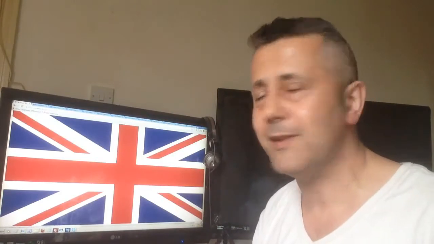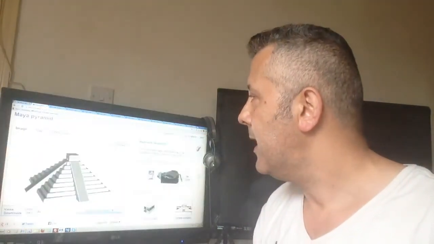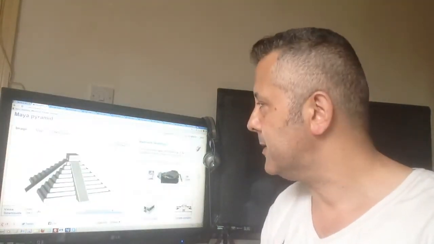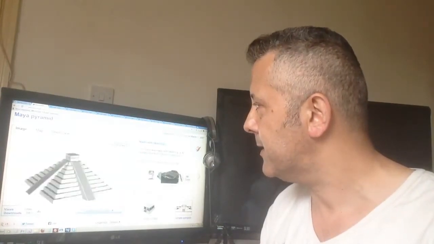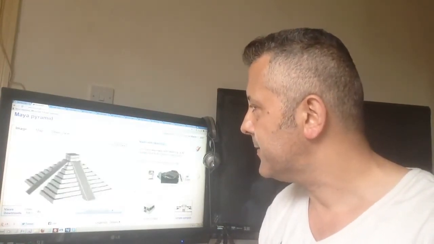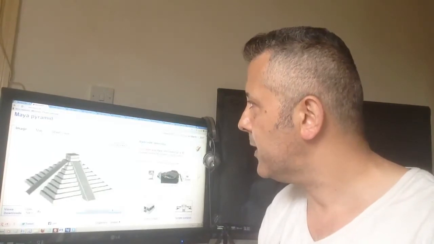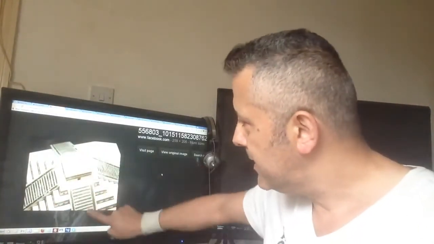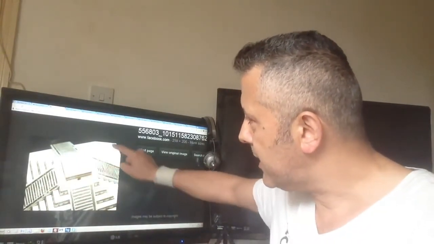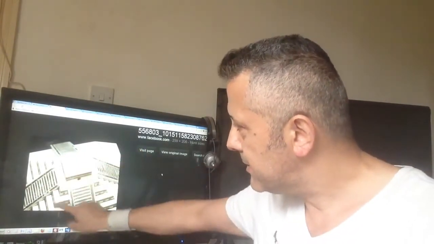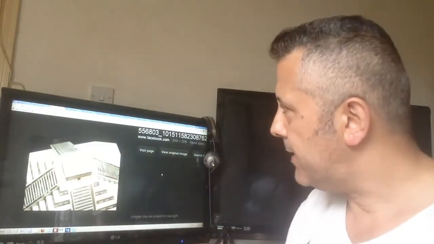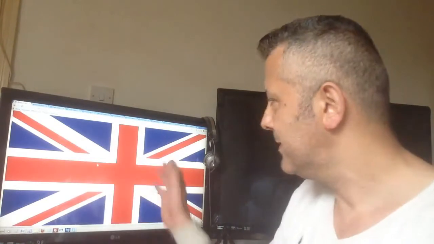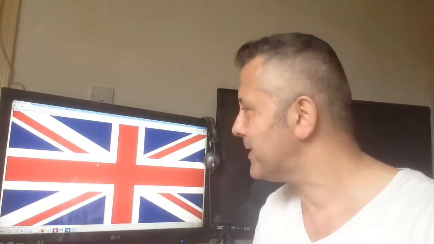But it gets deeper and deeper as we go along. Let's take a look here. This is a Mayan pyramid. Does it look familiar? Look all around it. What do you think of that design? Let's take a look at it from a slightly different angle. It's a bit rotated, but look, you see? If you flattened it out, it's across there, and then look at the edges, and across there, which basically is the same as that. A bird's eye view of a Mayan pyramid is what the British flag is.